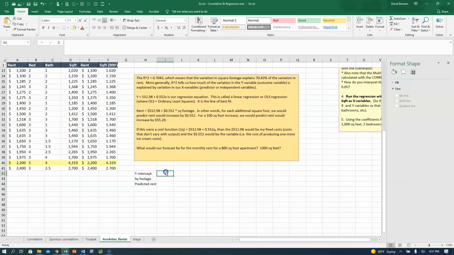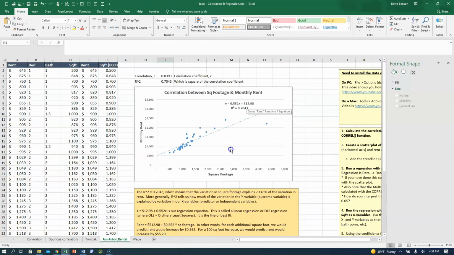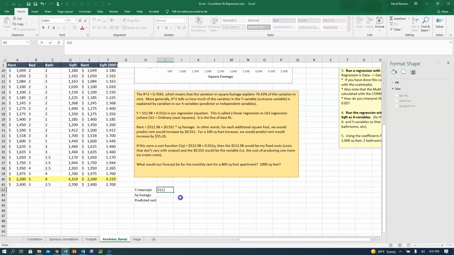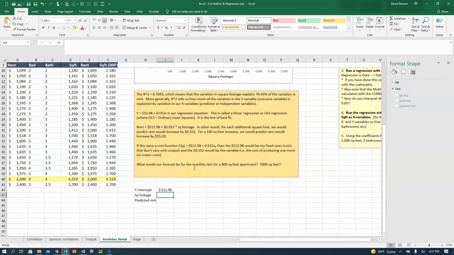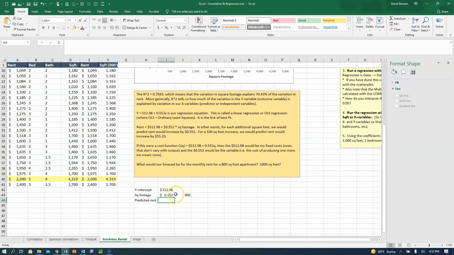So I'll label the y-intercept as 512.98. For the square footage, I'm going to put in first this price per square foot, 0.552, and I'm going to keep it as 3 decimal places. And then right here I can put in 800 square feet or 1,000. And then this is our predicted rent. So I'm going to make these 3 right here